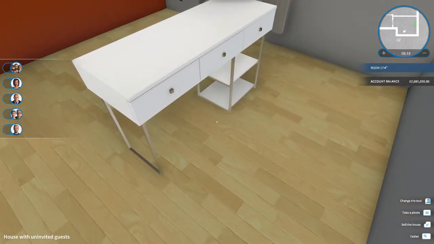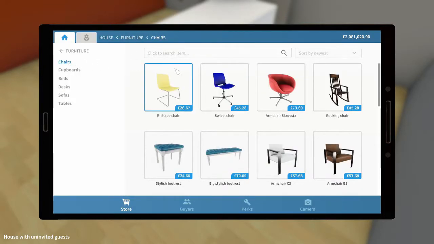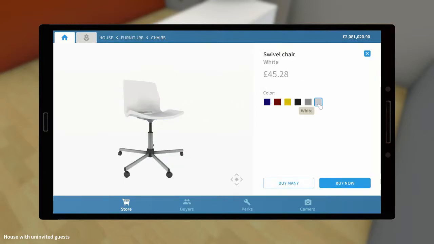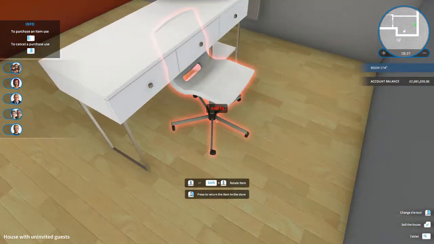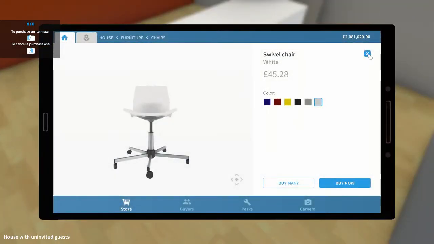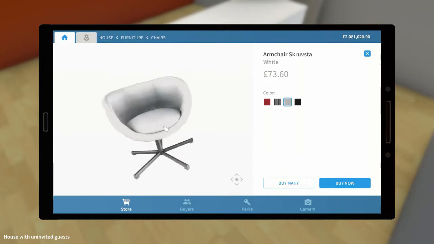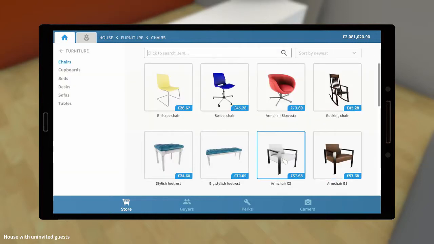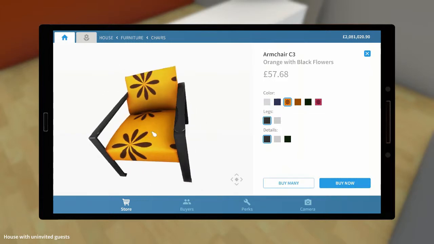And we want a nice chair to go with our desk. So let's go to the furniture. Let's look at chairs. Maybe a swivel chair in white, perhaps. But is that too pedestrian, perhaps? Let's think, what else is there that would make a nice desk chair? This is not really a desk chair, but what colours have we got? Oh, that's in white. That might work as an accent chair in the room. What about this? Is that orange? Yes, that's orange. Black flowers though. I would have preferred a...